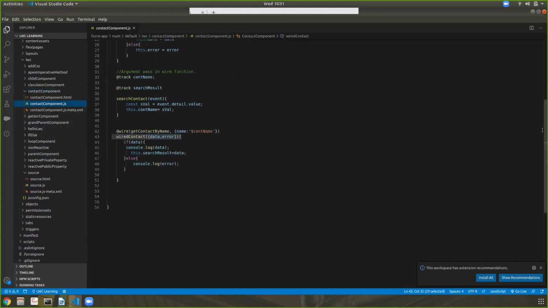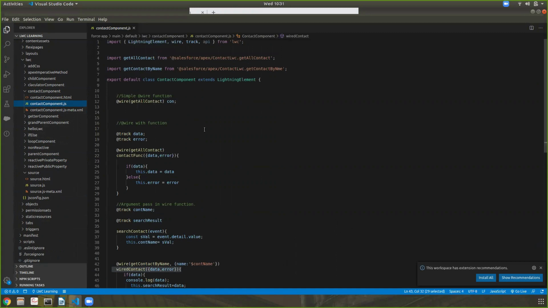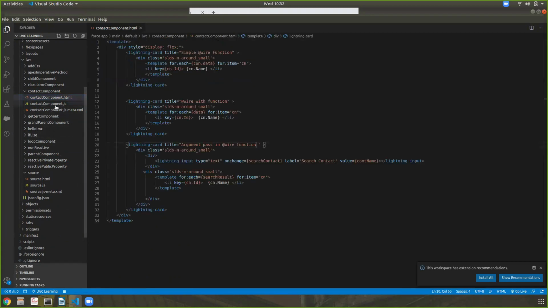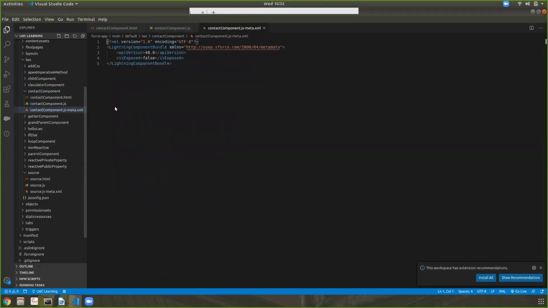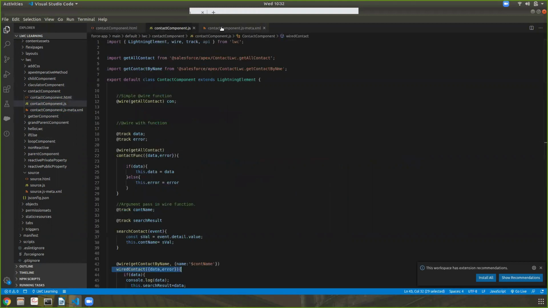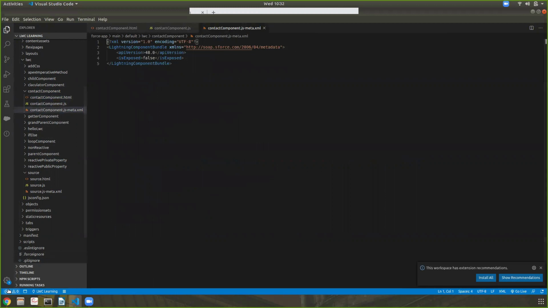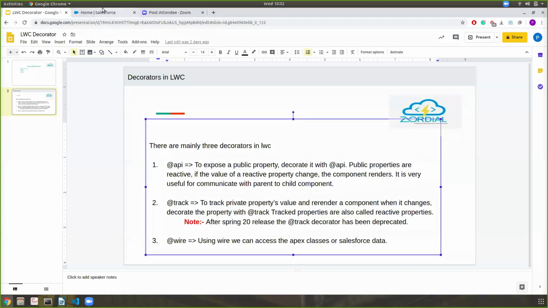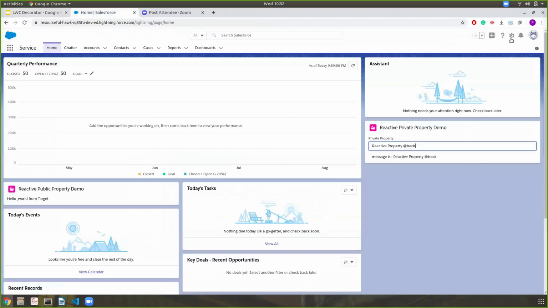Yeah, this is the component I made, and firstly I have to add this component on the home page, so you can easily understand how the @wire works, how I'm getting the data from the @wire function decorator. So let's move to the home page and edit the home page.